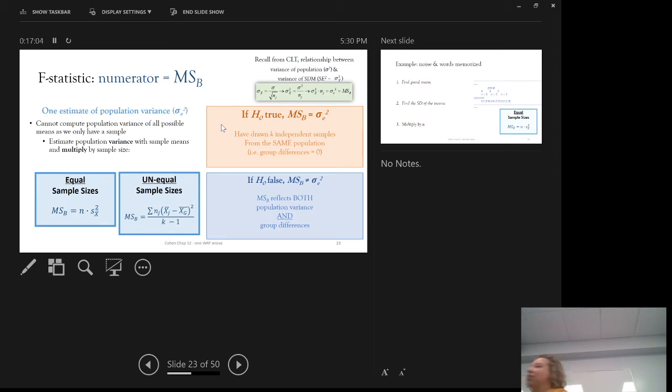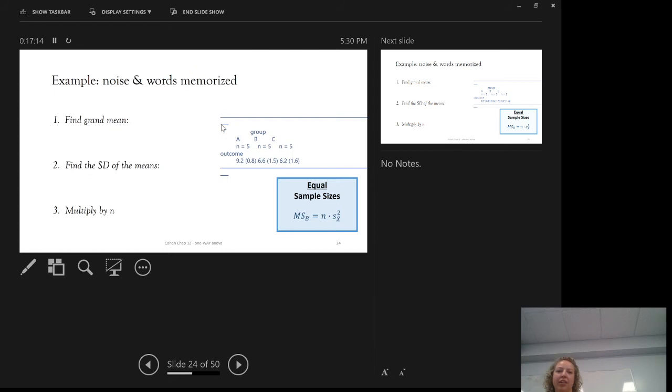Okay, so this is the numerator, how different the group averages are. Then the denominator, oh, here we're going to do it. Here's our example. Now, our groups were all size 5. That's nice. Then we can use the simple formula, right? Okay, so to find the top number for the F statistic, we do n. What in the world is n? Is it 15, 5, 10, or something else? 5. It's the common group size. 5 times,